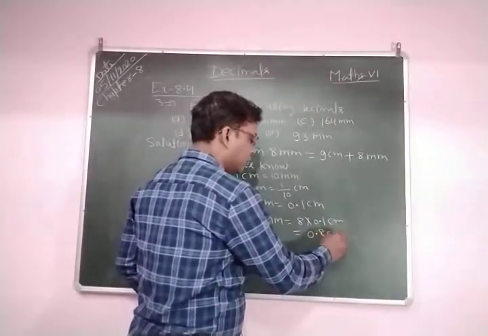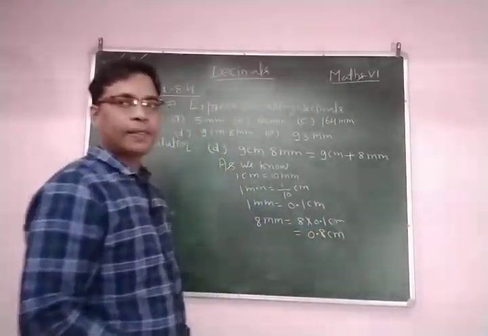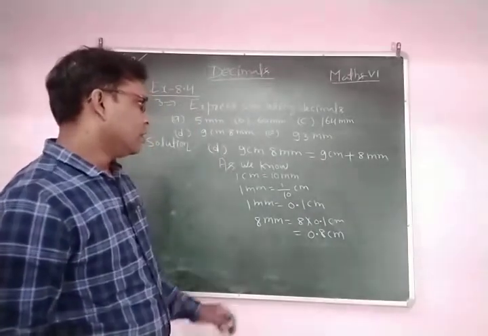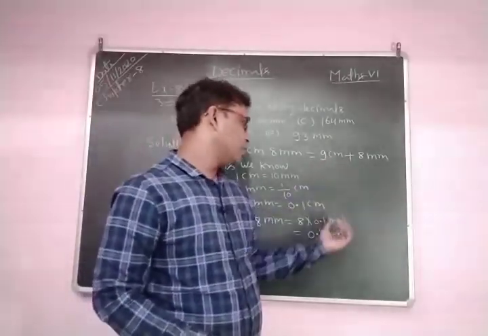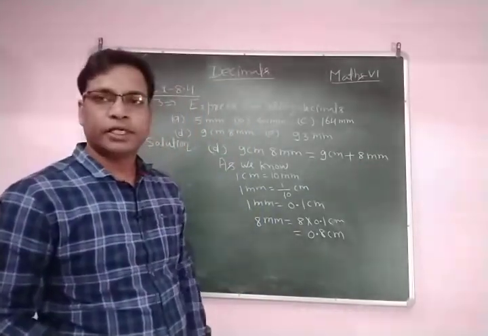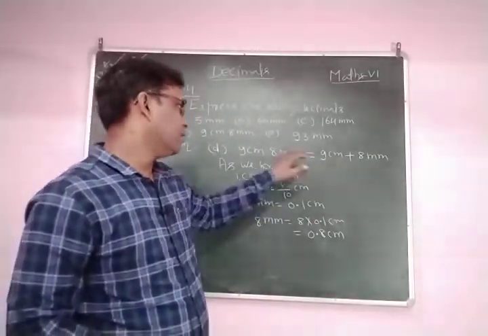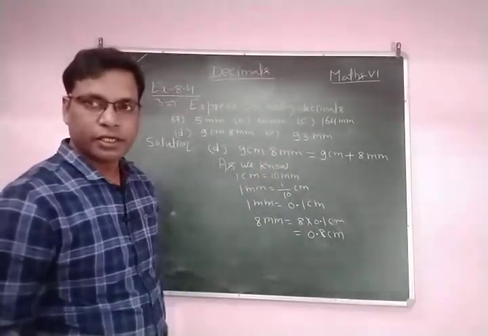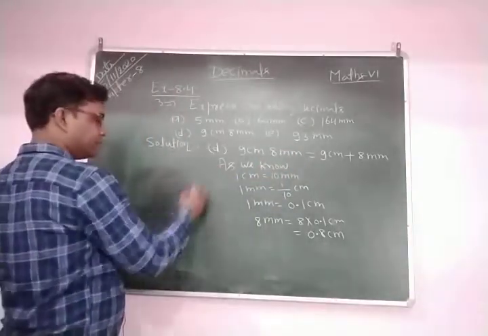0.8 centimeter. Clear? After this, you replace 8 millimeters by 0.8 centimeters and add them, then we convert it, then we express it. So it becomes, you can write here